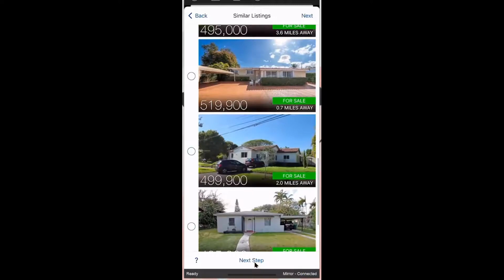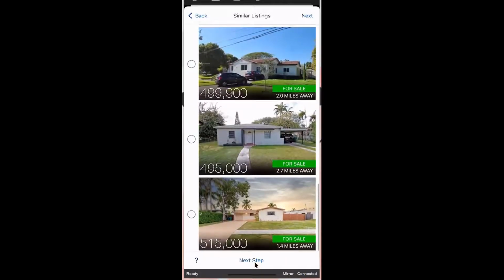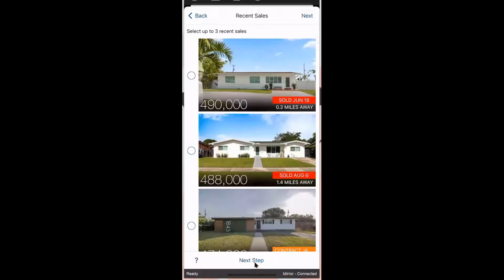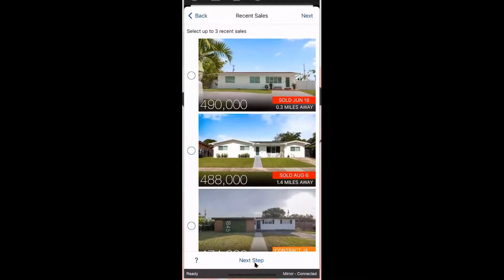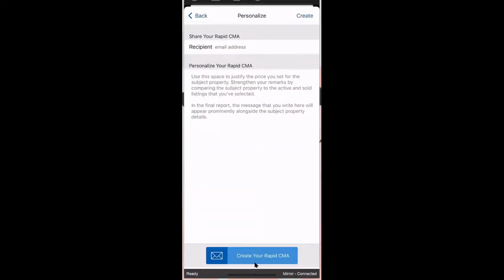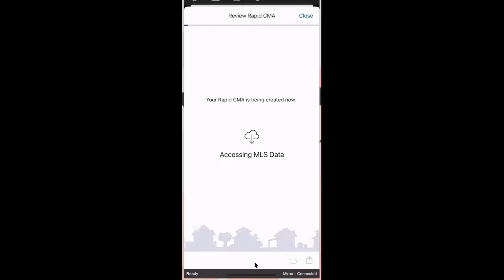I'm just going to tap on a few. I'm just going to tap on 2. Next, they're going to pull up the recent sales, and they are also going to pull up those pending sales. So I'm going to go ahead and just tap 3 of those. Now, once you're done selecting those active listings and those closed sales, you tap on Next. You can add in an email address and send it to someone, or you can just tap on Create Your Rapid CMA at the bottom, or it's also at the top right. You will get a copy of this emailed to you. I'm going to go ahead and tap on Create Your Rapid CMA